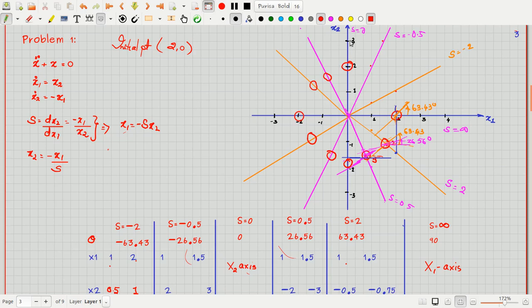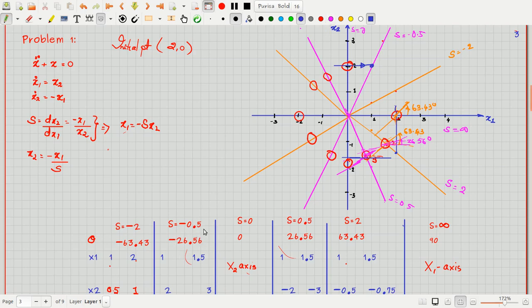It leaves this line at an angle of 0 degrees. So I will draw this line at an angle of 0 degrees. It leaves here and touches this point. Now from here it has to leave this blue line at a slope of 0, but it has to reach the violet line at a slope of minus 0.5.